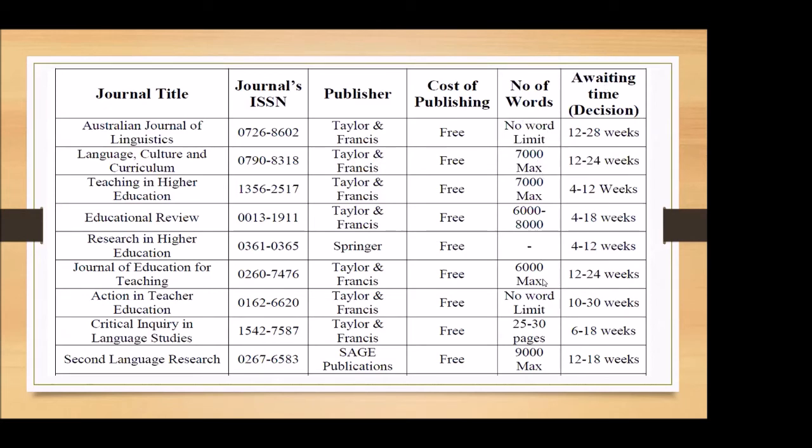And then you have to look at the number of words. As you can see here, each journal has a different number of words. For example, the Australian Journal of Linguistics has no word limit. The Critical Inquiry in Language Studies does not specify by words but by pages, between 25 and 30 pages. Some of them are very particular about the number of words. For example,